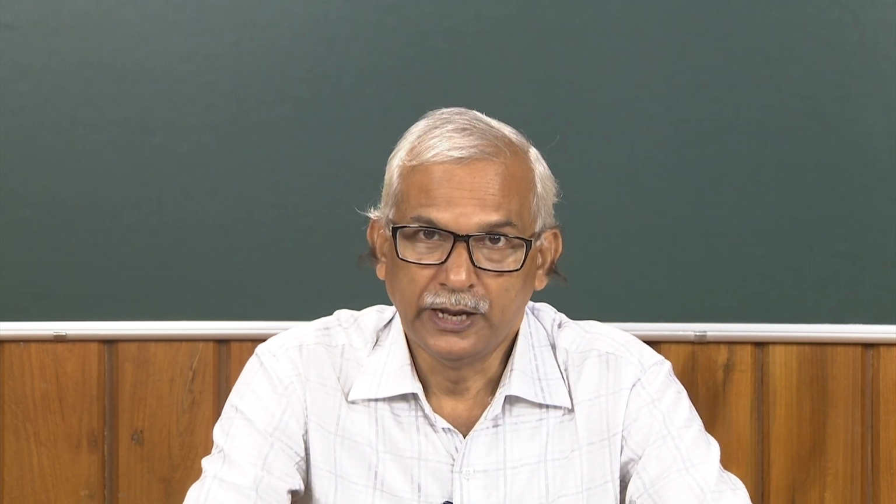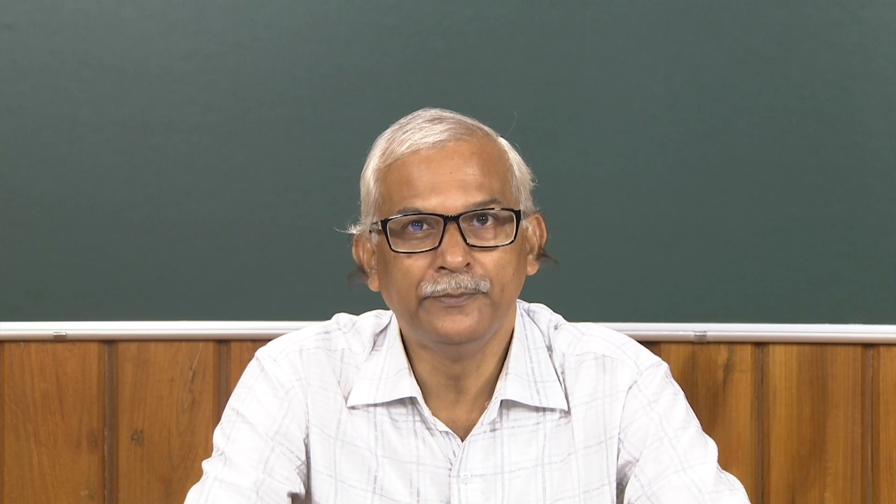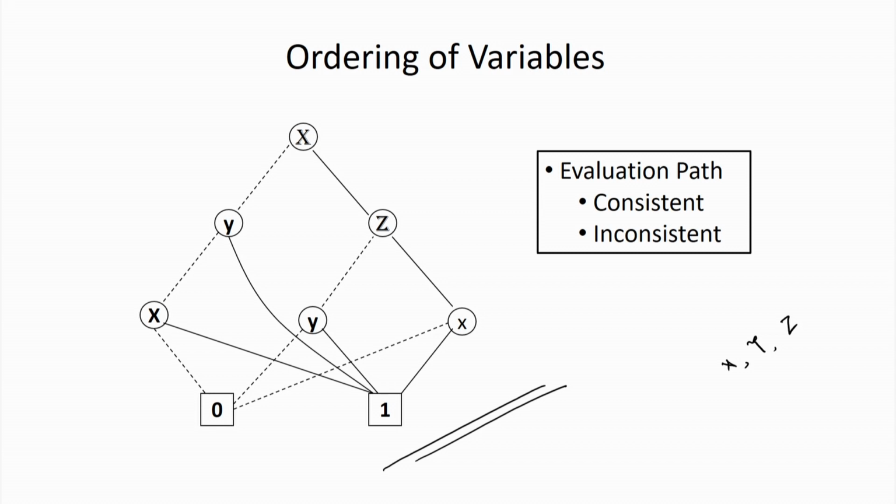Now, if you do not restrict the occurrence of a variable in a path, then we are going to face some problems. So, due to that problem, we have to have the notion of a path. We now have 2 kinds of evaluation paths. One is known as the consistent path and the other one is the inconsistent path. When we consider the evaluation path, we always have to consider the consistent evaluation path only. We have to ignore the inconsistent evaluation path. Now, what path will be the inconsistent one?